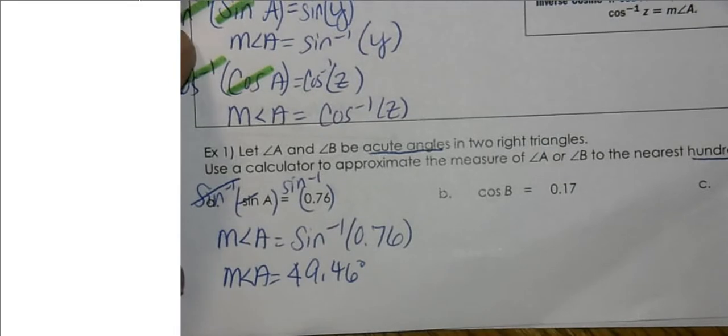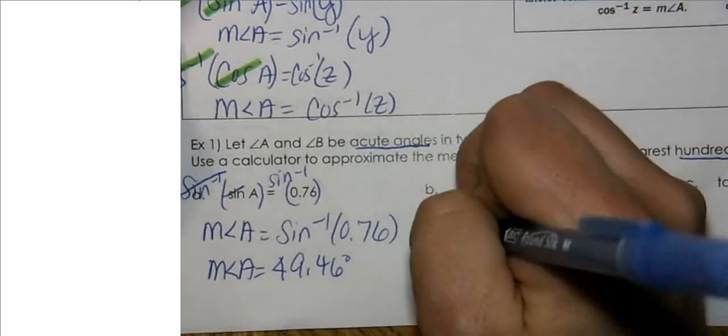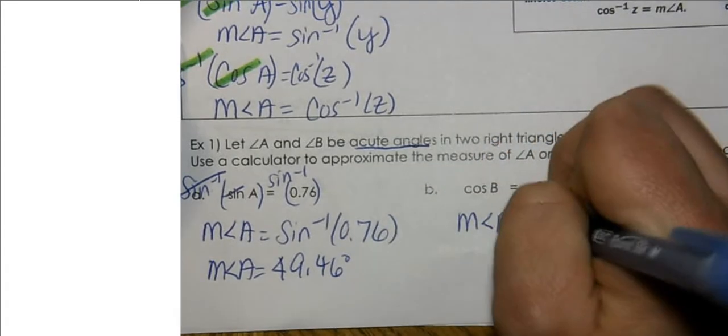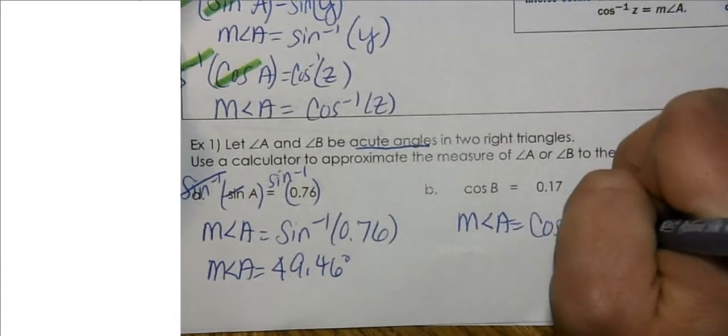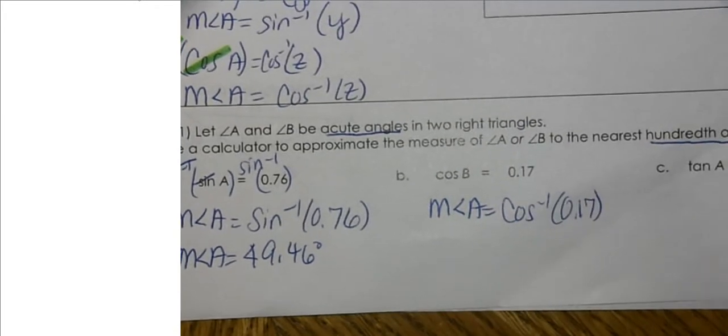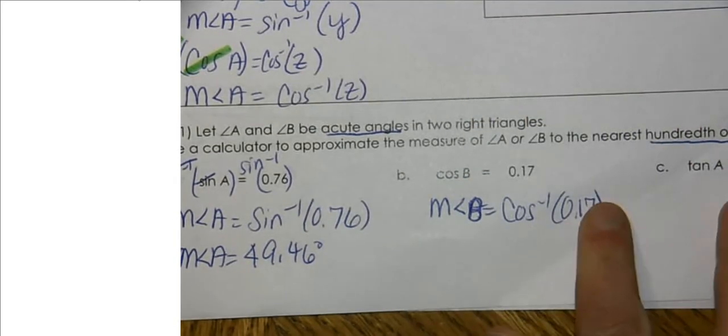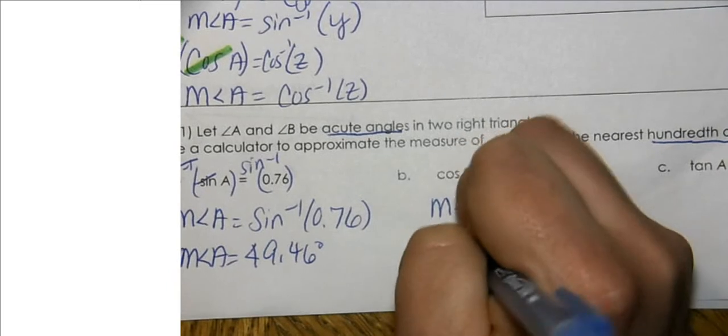For letter B, if you want to skip taking the cosine inverse of both sides and just go straight to the measure of angle B is equal to the cosine inverse of 0.17, that's what we do in all other mathematics courses. And when you put this into your calculator, you're going to find that the measure of angle B is equal to